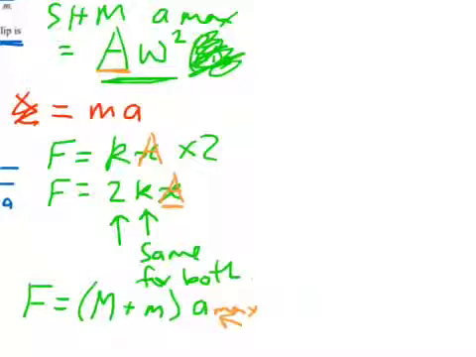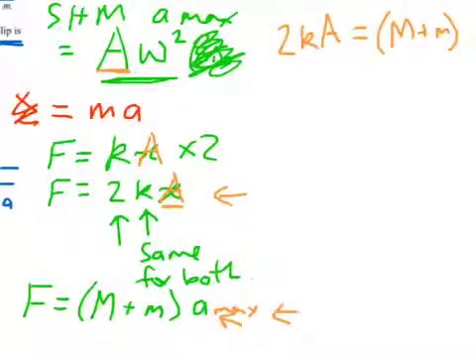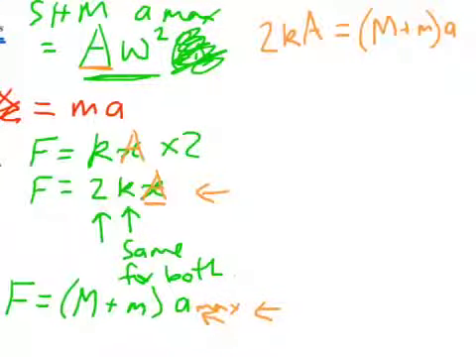So we're going to put a few of these things together and just see what comes out with it. So first of all, this force, which is the force of the spring, is equal to the force being used to accelerate the two masses. So let's equate them and see what that gives us. That'll give us 2kA equals M plus m times A, because remember that small a is A max. I better write that in there just to be safe so I don't forget. I've run out of space on the edge of my screen, but anyway,